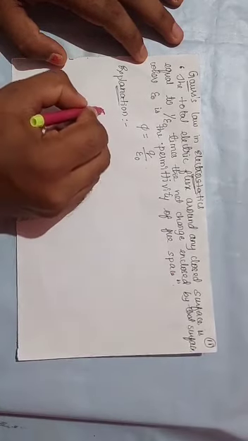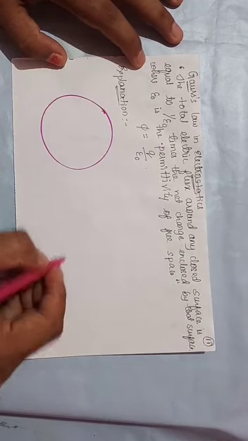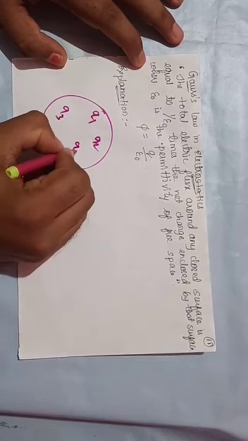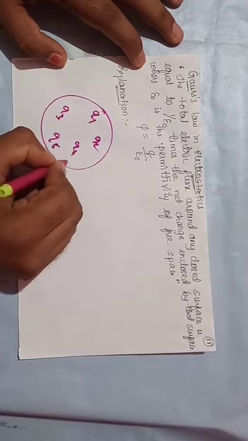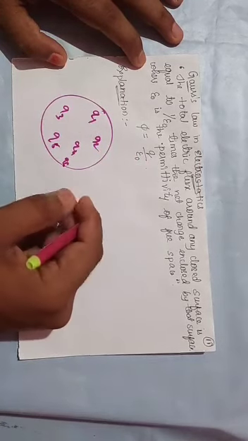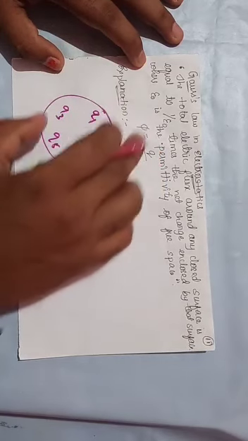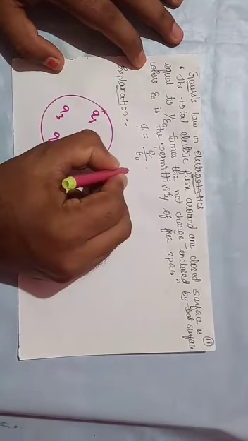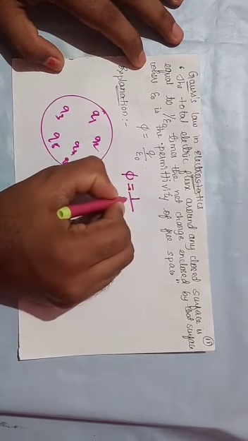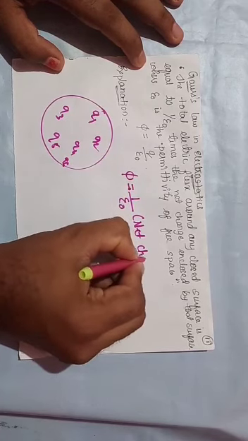Let us consider one surface. If it contains a number of charges like q1, q2, q3, q4, q5 and q6, these are the charges present inside this surface. Now it states that the total electric flux passing through this closed surface, represented by phi, is equal to 1 divided by epsilon naught times the net charge enclosed by the surface.